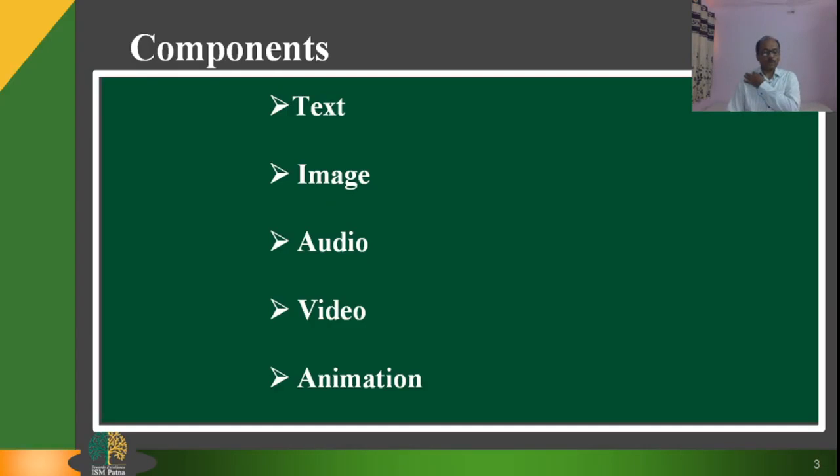And last but not least, animated components are common within multimedia applications, whether the application is on the desktop or on the web. Animations can also include interactive effects, allowing users to engage with the animation actions using the mouse and keyboard. So, with the combination of all these 5, we prepare